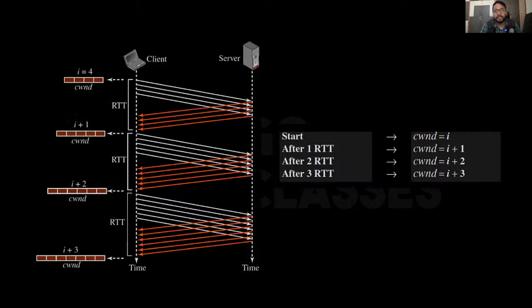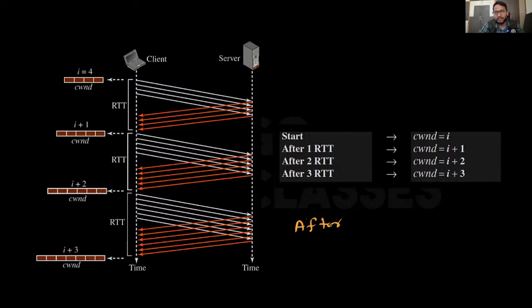Basically, if the whole window initially was 4, let's suppose, once the whole window gets acknowledged, you are incrementing by 1 only. I hope you understood this. So basically after every RTT,